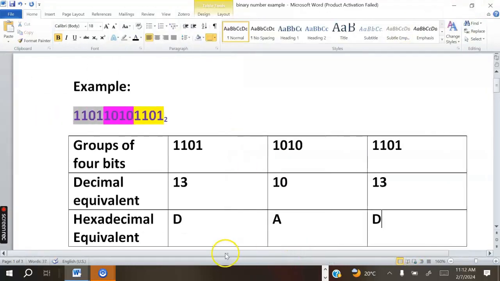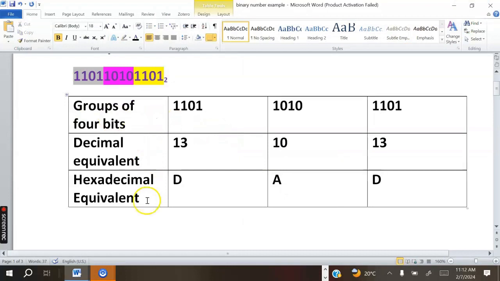So we have already now the solution for the whole thing. So we have 1101 is equal to D, 1010 is equal to A, 1101 is equal to D. Now after that, the next step is to write the answer, which is supposed to be